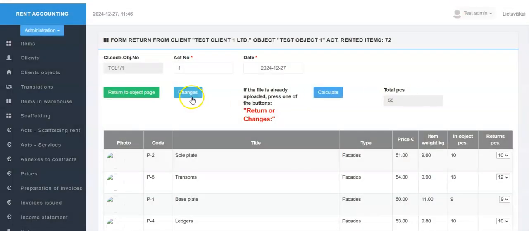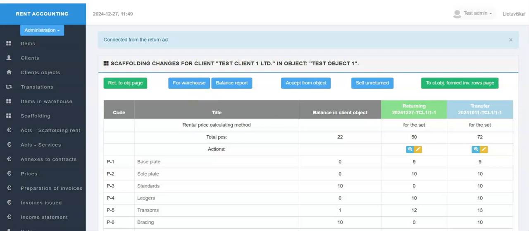By clicking the Changes button, the page for the changes of scaffolding components in this client's objects will open, which will already include a column with the data of the return act just formed.